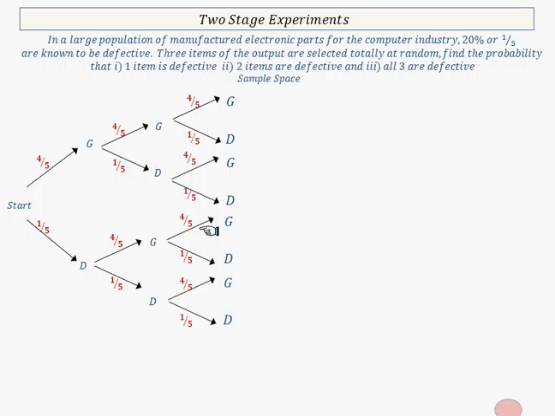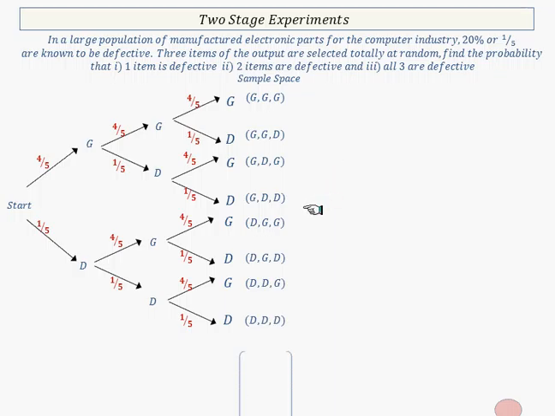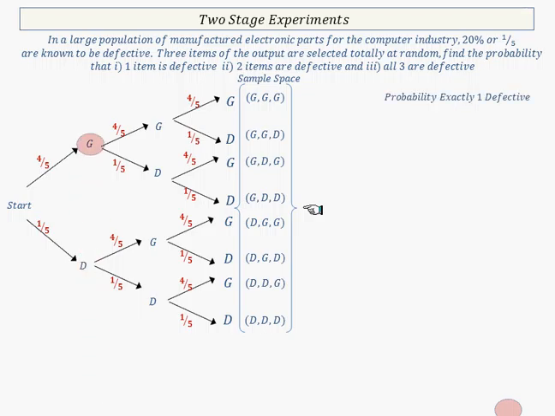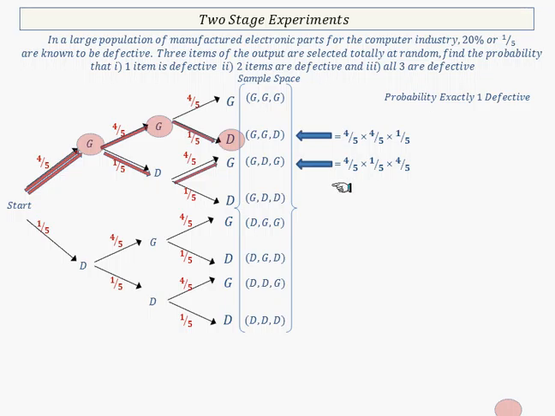Now if we look at these sequences, the sample space, G, G, G, G1, G2, G3, see them coming on the screen here. These are various combinations of items you can get, good and defective. And this constitutes the sample space. So to get one defective, you can see here 2 good and 1 defective. And this is a sequence if you wish. Now there's another sequence here, good, defective, good, or you can have defective, good, good, with these probabilities,